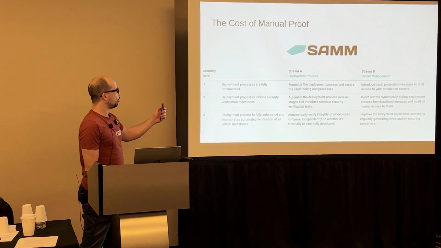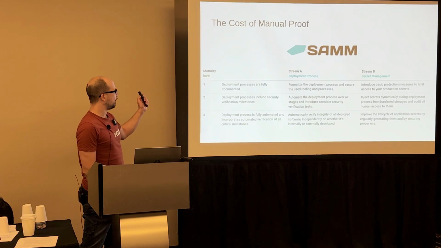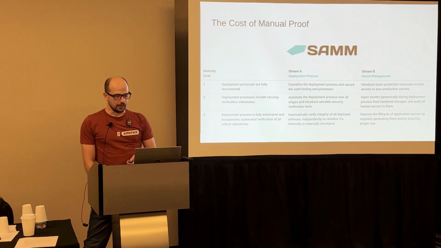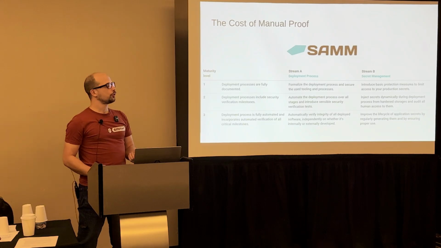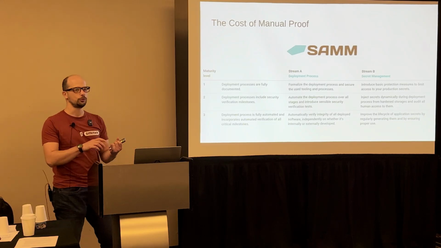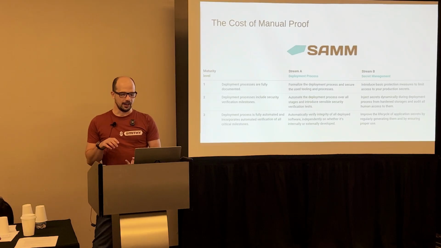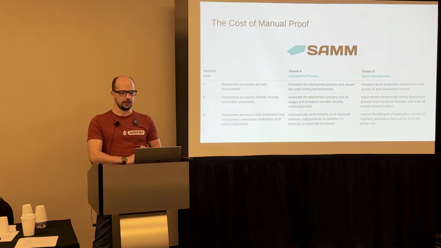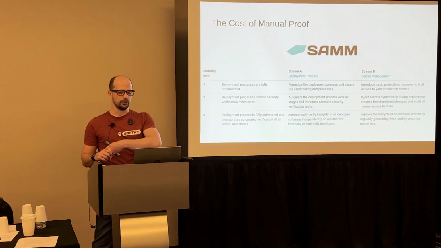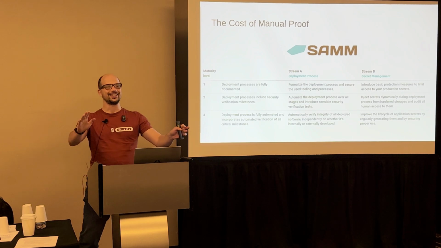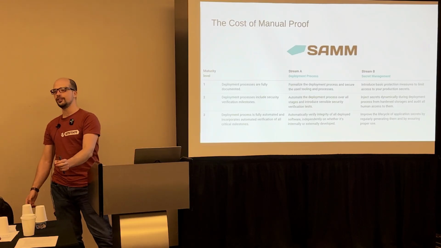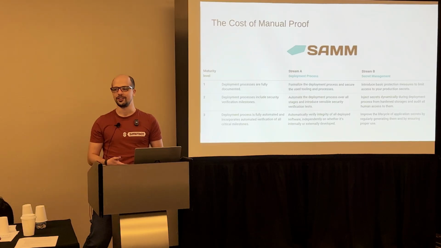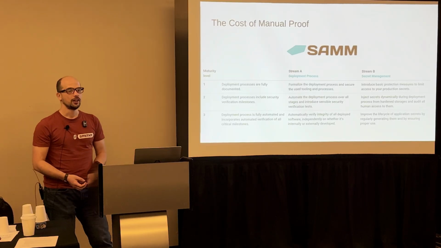But in order to talk about automation, first we need to have examples. So SAMM says, in order to have a great deployment process, what do we need to do? Well, we need to define it and formalize it. Then we need to automate it so that it's repeatable. And finally, we need to verify the integrity of all deployed software automatically, right? That's fantastic. That is really, really good for someone who tells other people what to do. So a consultant, a middle manager, or somebody who does assessments.